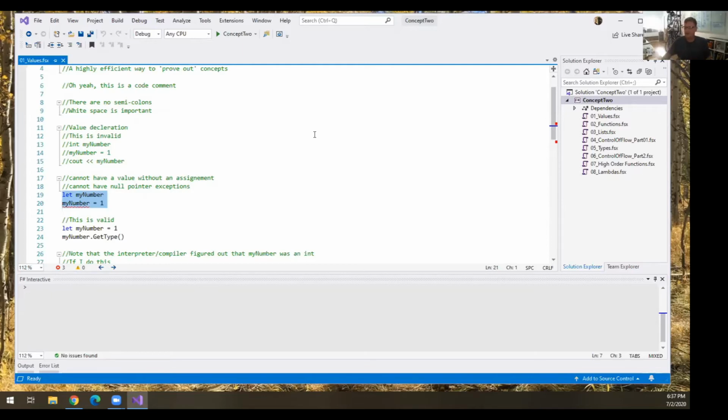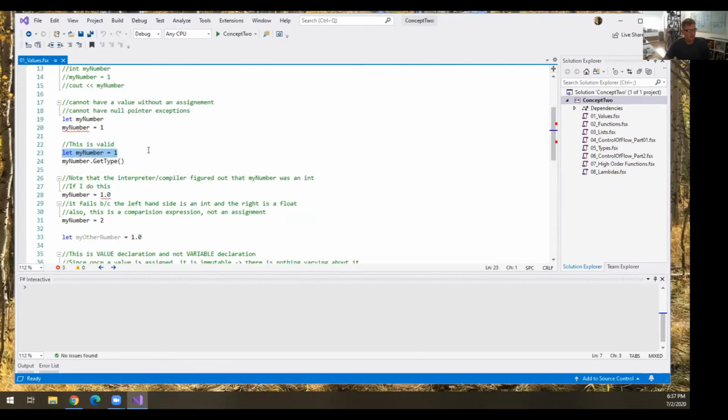Well, you can see the red squiggly line of disapprobation right here. It's not going to let me do that. You have to do it like on line 23, which is my first language syntax for you. Let my number equals 1. You have to have a right-hand side. You can't declare it and not point to anything. You can't have a dangling reference. You can't have a null reference. You can't have a pointer not pointing to anything yet.